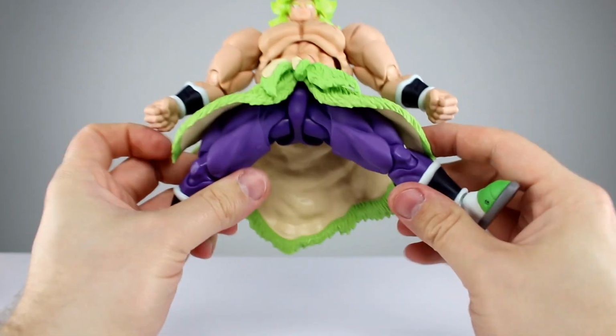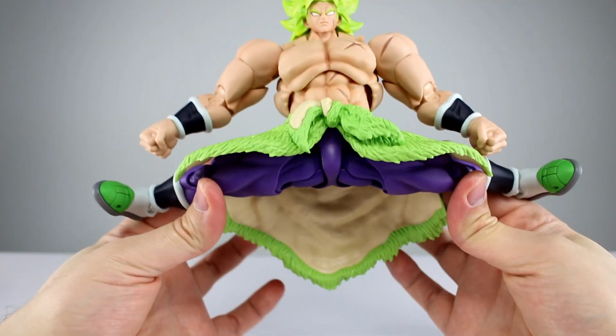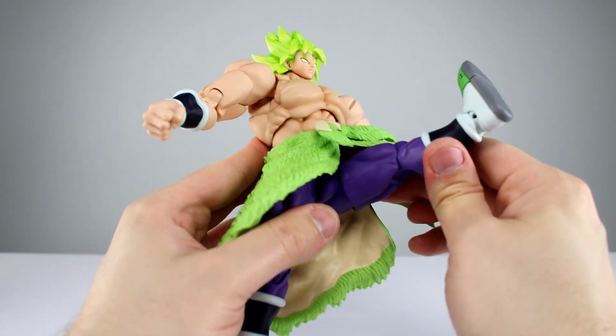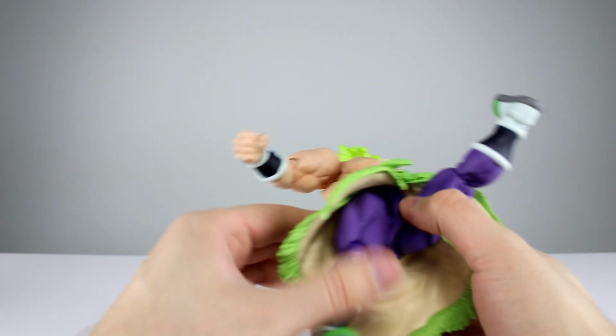For the hips, we have basically the same kind of hips we always see. We have the hinges that go out to the side. You get literally perfect splits out of that, so that's good. No loose joints, nice and smooth movement. Bringing the legs forward, you get perfectly horizontal, if not a little bit better. No problem there. Going back,